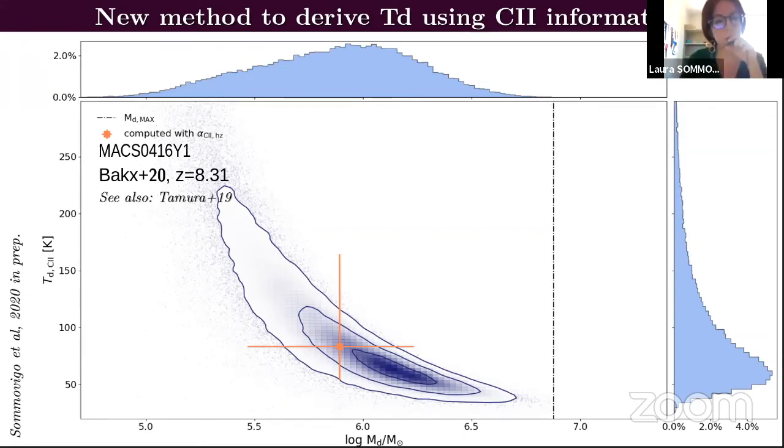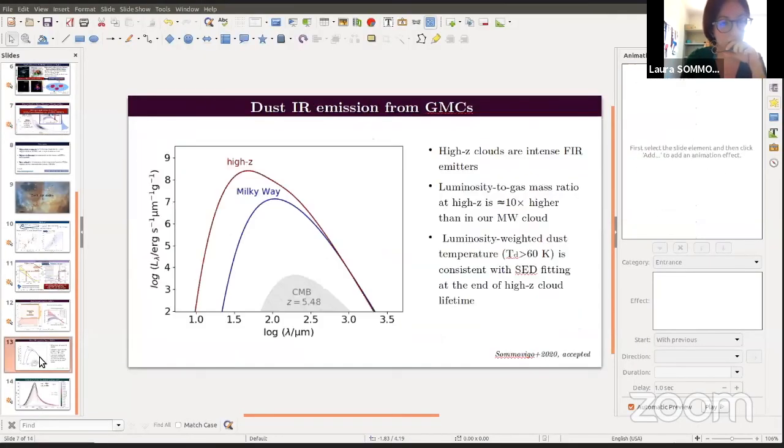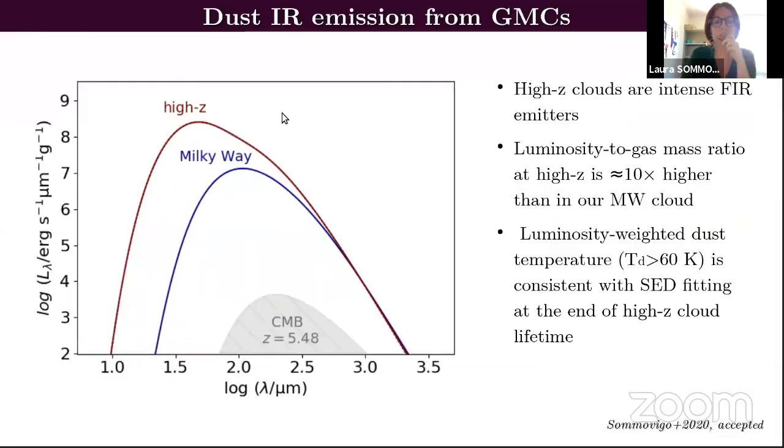Okay, so this is the spectra that we get at the beginning of the lifetime of our two clouds. You can see that while for the local cloud we have an almost perfect gray body, for the high redshift cloud we have a slightly modified shape. And this is exactly because of the warmer dust, which mainly contributes to this part, where you can clearly see that there's a sort of double peak situation going on. And indeed, at shorter wavelengths, the warmer dust, so the one at the peak that I was showing before, is